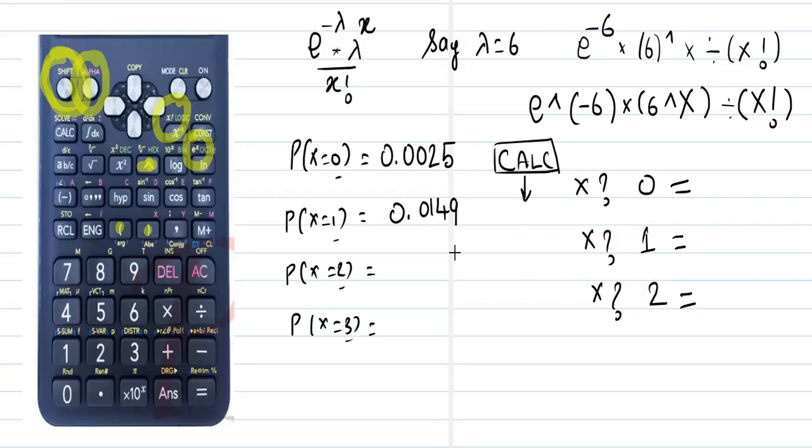You will have 0.0446 appear. Again for x equal to 3, press calc. You will have an x with a question mark. Key in your 3 with the equal to sign and you will have